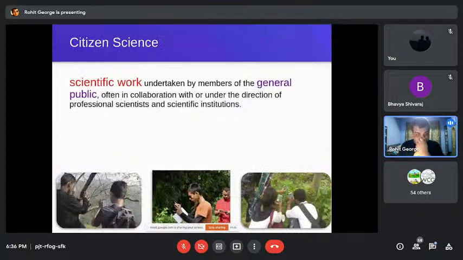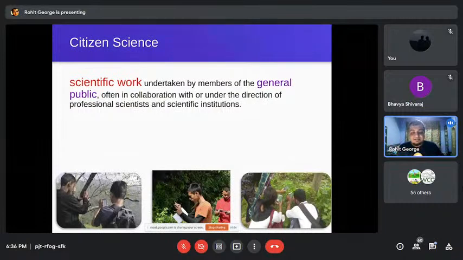Okay, so that was about moths. Like I said, there are 20,000 plus species in India. So I can't even, there's 126 families. So I can't even give you an introduction to all of the families. So I gave you an introduction to some of the most common and some of the biggest or the most beautiful families. So now I'd like to just spend a few slides about this thing called citizen science.